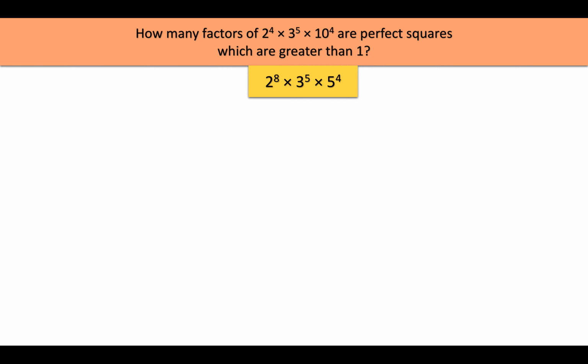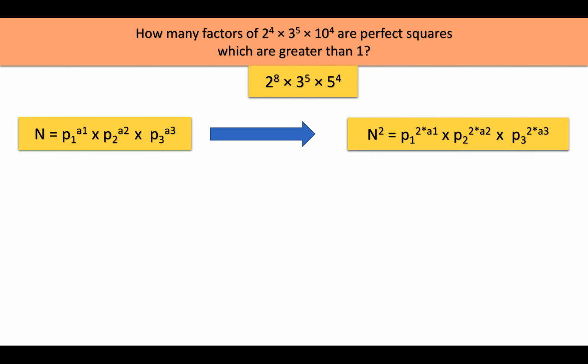Let's start with some mathematical property of perfect squares. Let's say n is any general number with this prime factorization. N can be anything, 1, 2, 3, 4, 5, 6, anything. So what will be n square? It will be p1 raised to power 2a1, p2 raised to power 2a2, and similarly p3 raised to power 2a3. That means each of the exponents of the prime factors here is going to be, I'm sorry, not positive, even. The first exponent is 2 multiplied by something, which means it is even because there is a 2 in it. Similarly, all the exponents are even. So what do we know for perfect squares? All exponents of a perfect square should be even.